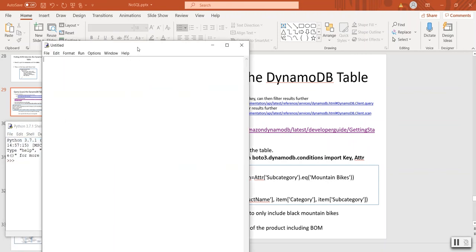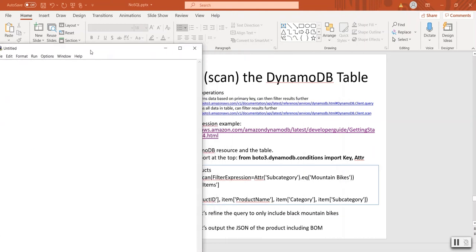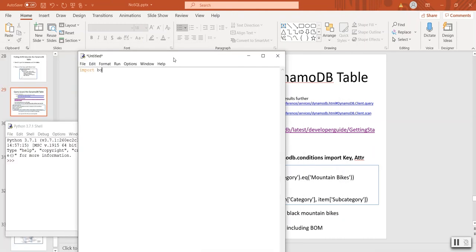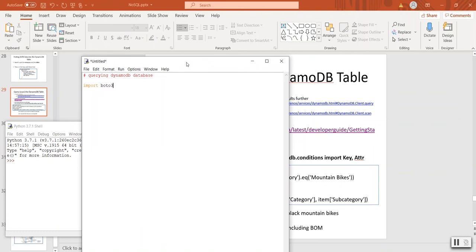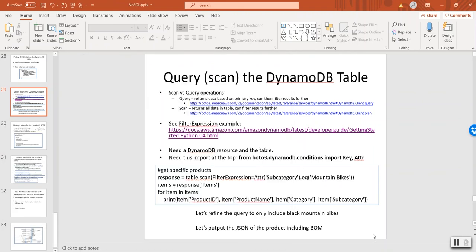And as normal, I have to import Boto3. And actually, maybe I'll put a little label up on top, a little comment here. Querying DynamoDB database. And I'm going to import Boto3. And we're going to also need to import something else. You can see this